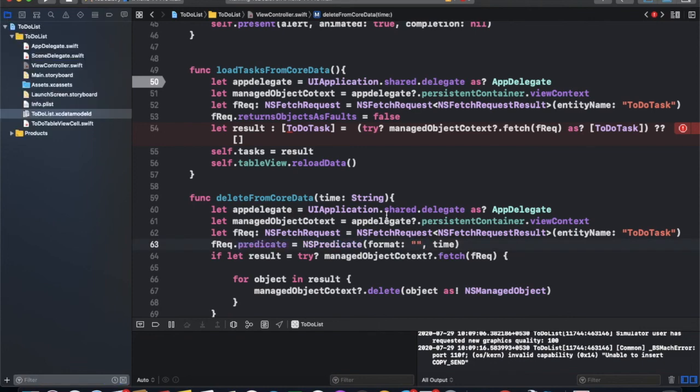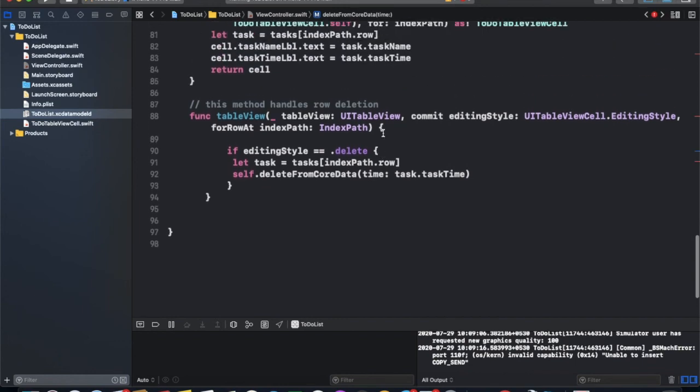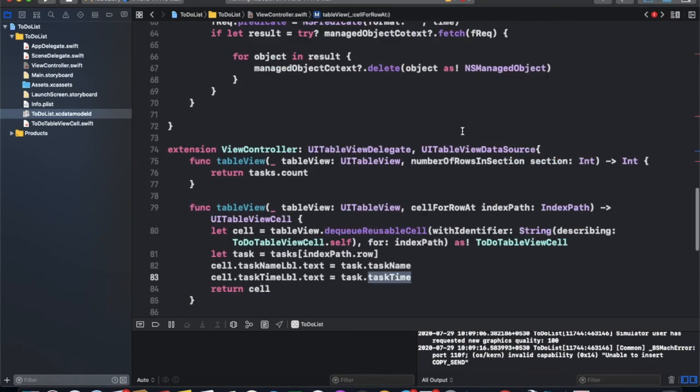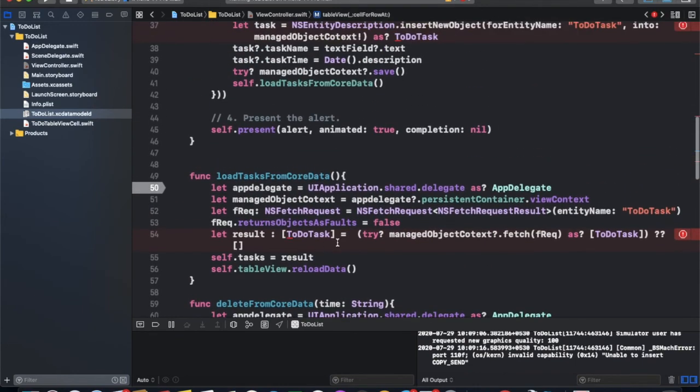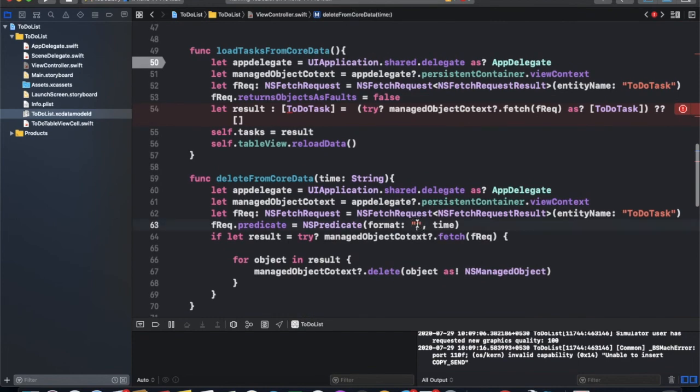You can get your key from anywhere, like our key, task time, and equal to the value. So we are using a formatted string, so we can provide a percent at-sign, and we'll pick the value from there. Run it.